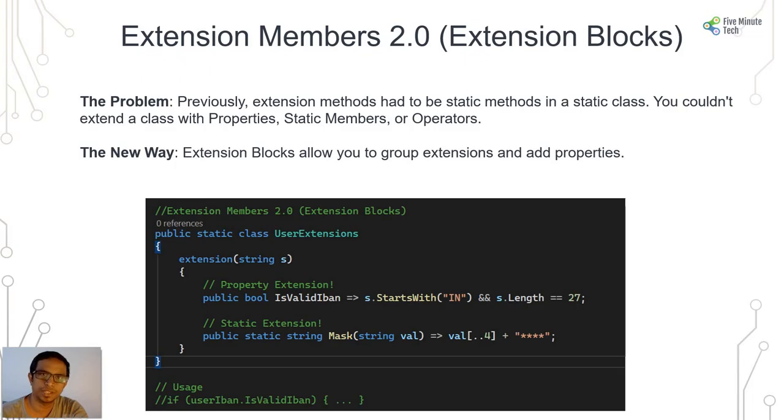The next is the extension members. Previously extension methods had to be static methods in a static class, and you couldn't extend a class with properties, static members, or operators. And so the new way of doing it is the extension block, which allows you to group extensions